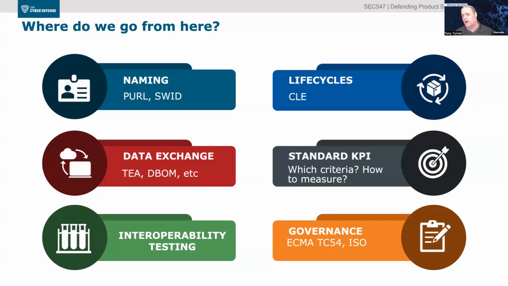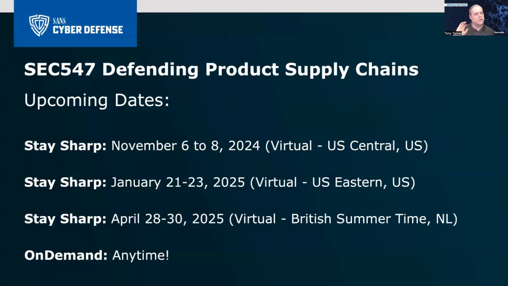We've got to agree on how we are going to measure quality. Again, SBOM Benchmark, SBOM QS, they're looking at different things. How do we know what's good and what's not? And getting better governance in our process, right? So CycloneDX has moved to being adopted by Ecma TC54, going through that standards process. SPDX has been an ISO standard for a while, but these governance models help us out a lot as well. Okay. All right, so I hope you